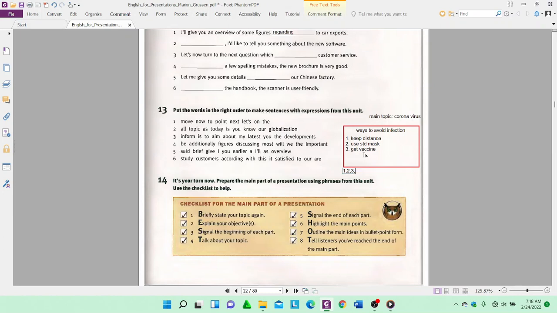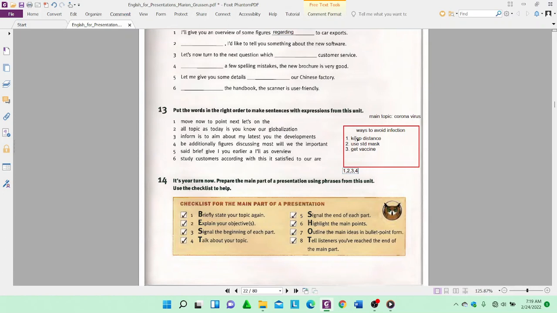Nah, lalu yang nomor 3 berarti sebelum masuk nomor 1, sebelum masuk nomor 2, sebelum masuk nomor 3. Dan di setiap nomor ini kan kita akan menjelaskan ya. Nah, itu berarti yang nomor 4 sebenarnya. Talk about the topic. Kan begitu ya. Ketika saya menjelaskan keep the distance, yang tadi within 1 meter akan sulit bagi that virus to move from one person to another person. Itu kan sebenarnya talking about your topic. Oke? Nah, jadi 1 2 3 4, ya kan?